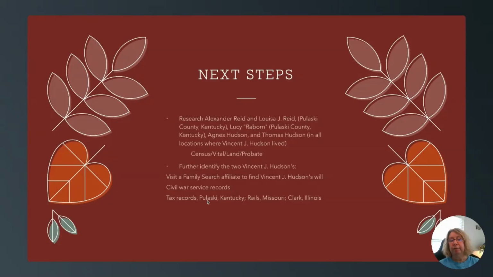So, for that 1850 census or really any year in between, I can find the head of household on a tax record. And then I'm going to look in Rails, Missouri and Clark, Illinois, just to see where everybody was for each